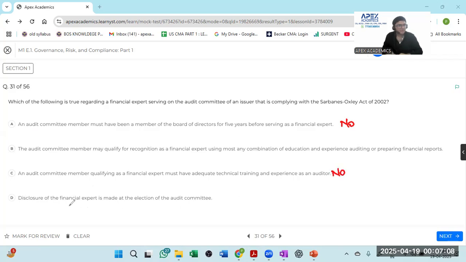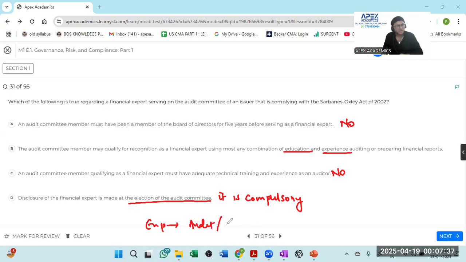No. Disclosure of financial expert is made at the election. No, it is compulsory. Please try to understand. It is compulsory. So audit committee members may qualify for recognition by using any combination of education and experience. The experience has to be in either audit or understanding GAAP,